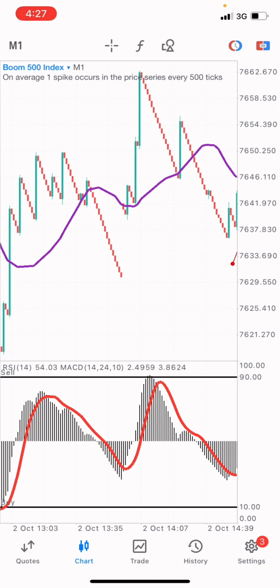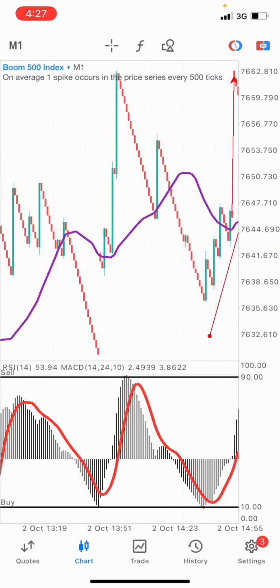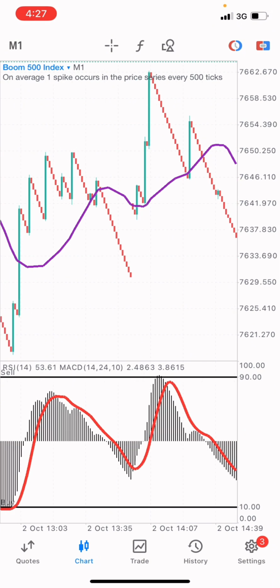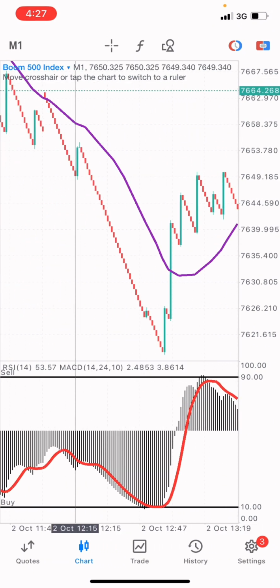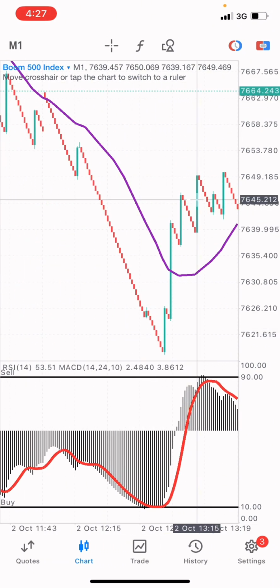Some people may say that price action is not on boom and crash. Well, price action is on boom and crash. I don't know how you see it, but the way I see it is that I understand price action. Okay, this is price action. You can see price selling and price buying. Okay, it's very simple. Some people may not agree, some people may agree. So it determines how you see it for yourself and not what people say to you. Okay, so I hope you understand what I'm saying to you guys.